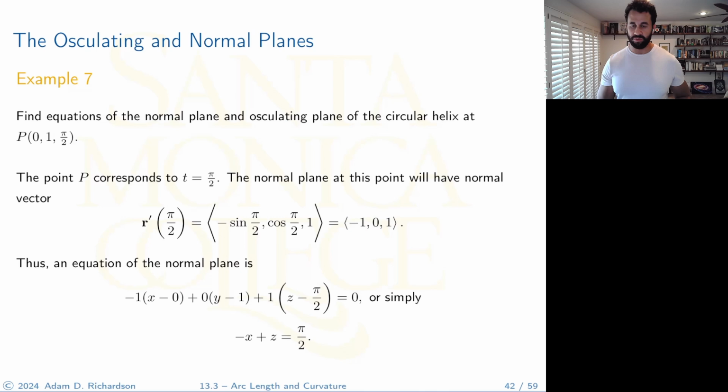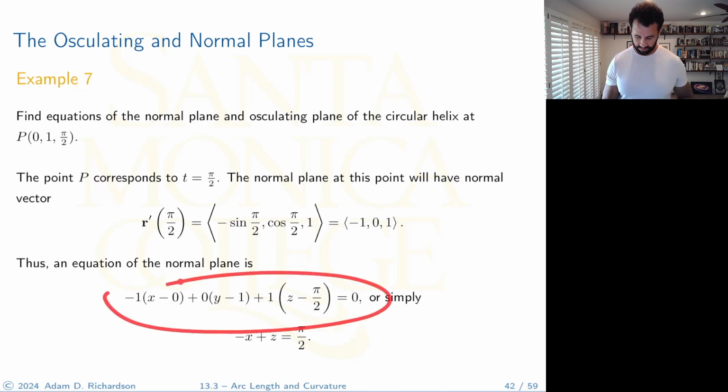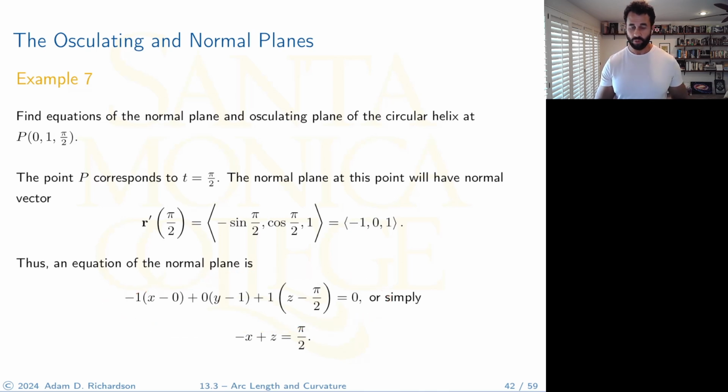So an equation of the normal plane is this, or simply this. And that's what we get. So this is the equation of the normal plane. This is the equation of my hand right here. And this pencil here is r prime. So what we did was we found r prime evaluated at pi over 2, and we used that to get the equation of my hand,